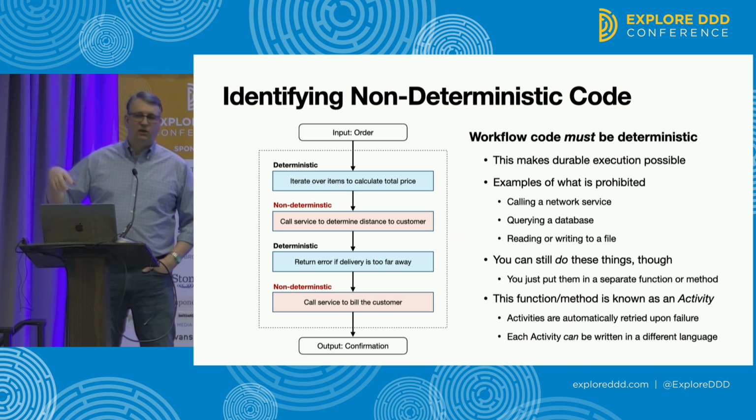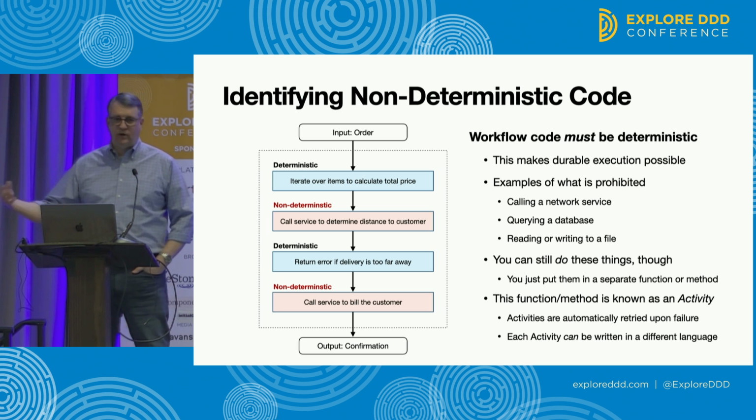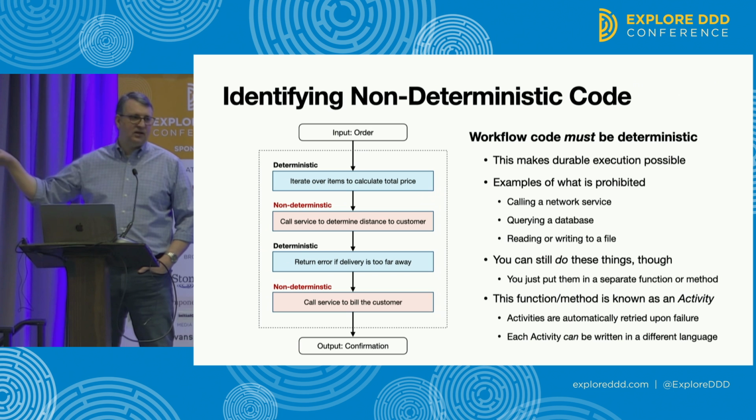All of those have the possibility of failure. It could be that the file permissions don't allow us to read or write to the file. The database maybe is unavailable, or we have the wrong credentials and we can't connect to it. We don't have access to view the data. It could be that we're trying to call a network service, but the network's down, or the service is down, or it's overloaded and can't respond. So all of those things are non-deterministic because they include the possibility of failure. We're doing something external. There are side effects, in other words.